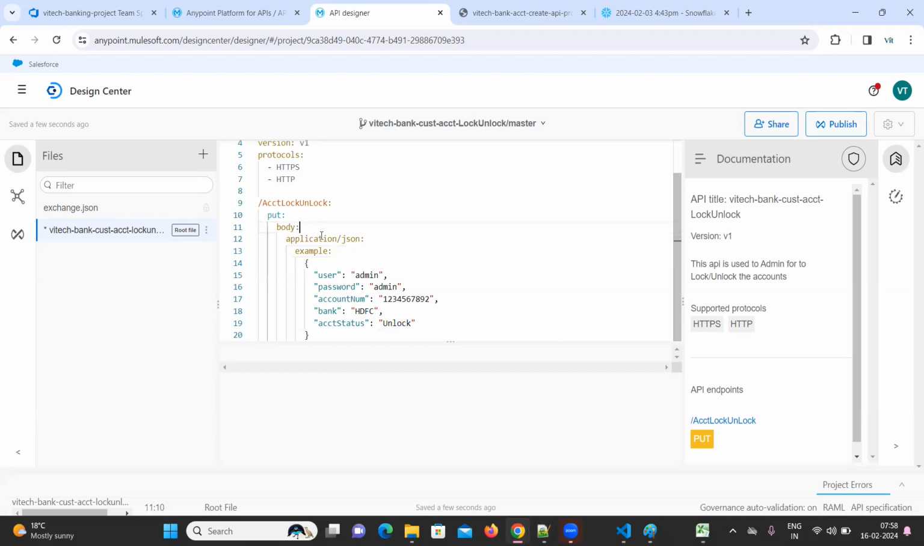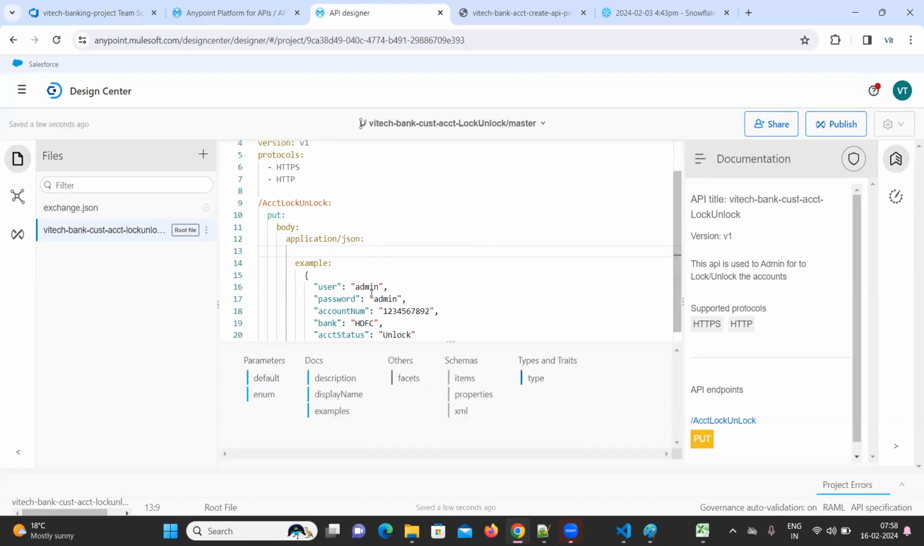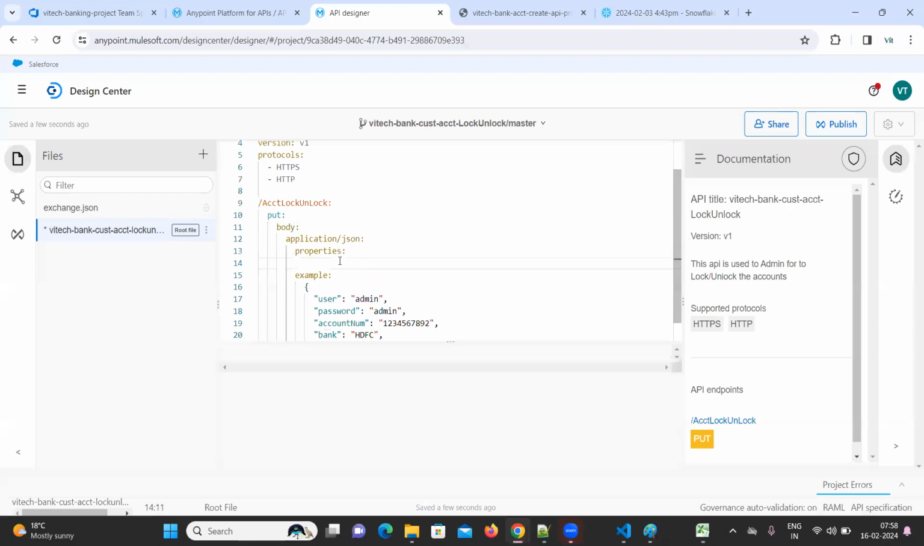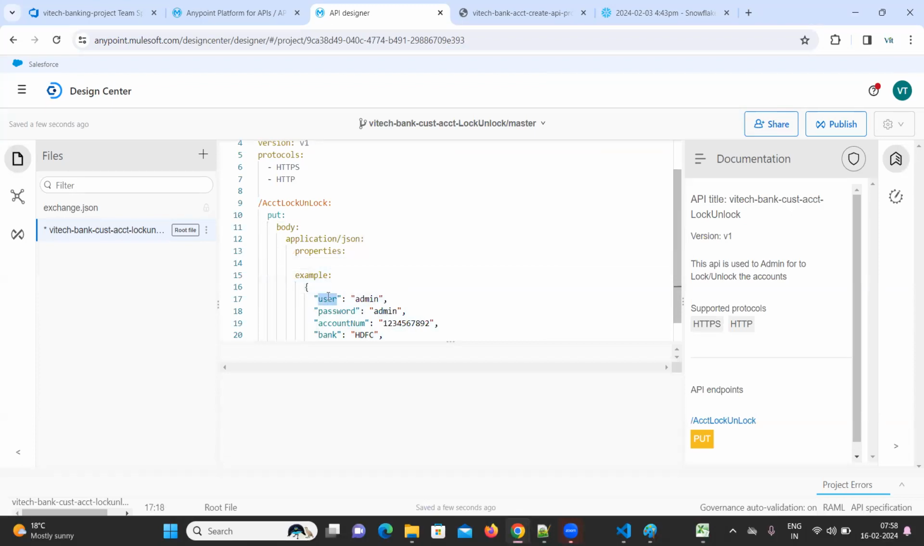So here, the body, okay. Just give an enter. Okay, this is application.json type. Okay. After application.json, here you can see properties. So we have to define our properties here. See, take it from the example itself. User